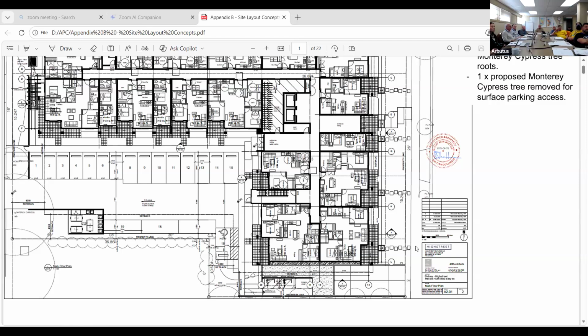I'm wondering, just for clarity, are you able to point out on the screen what you mean? Do we have a pointer? All right. Okay, perfect. That's what I need.